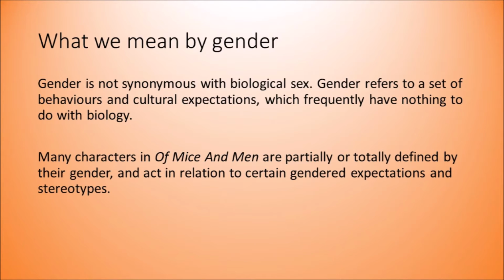A simple example would be the association of the colour pink with femininity, for reasons that are fairly arbitrary and for which there is no real objective, real-world link. It also influences not just how people behave, but how people are expected to behave, and how certain behaviours will be judged. And that, I think, is most relevant to a discussion of how gender is used in this novel.